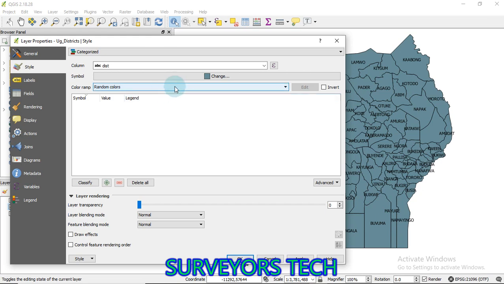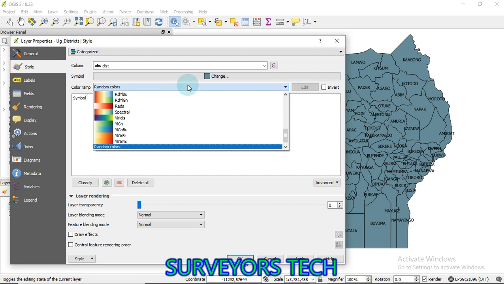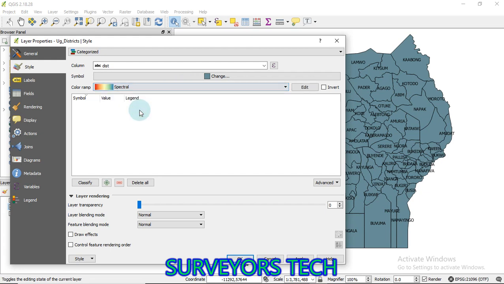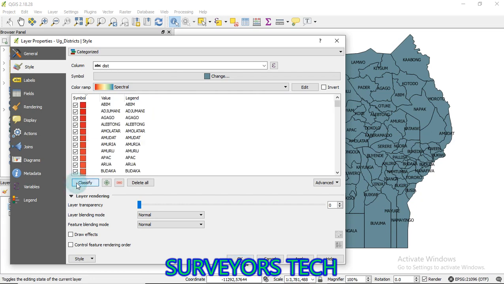So now let me select random colors, let me select this spectrum. When you select that, say classify. It has already given different districts different colors. So you say apply.